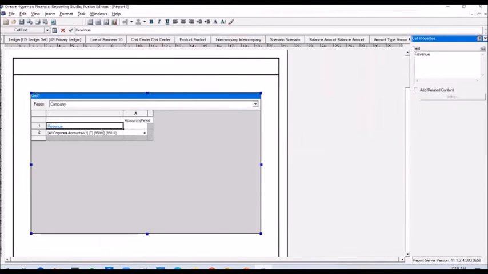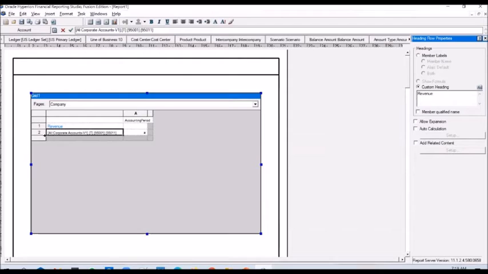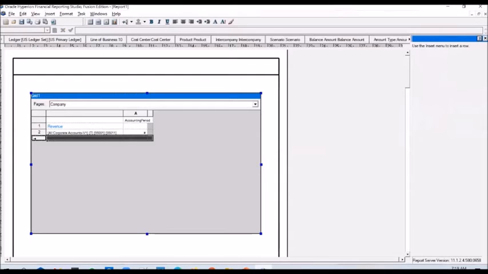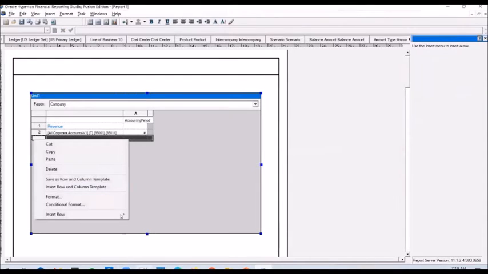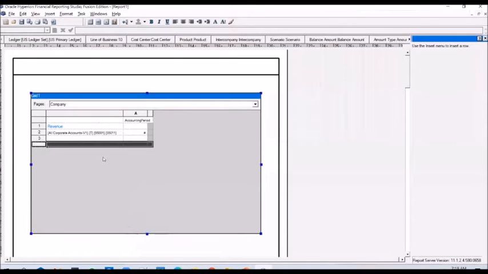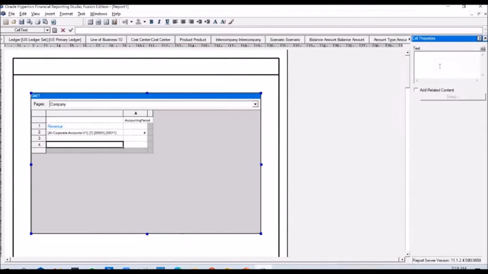So for a revenue section, yes, we are pulling the balance from only one account, that's okay. But for expenses, we're going to pull the balances from multiple accounts. Select the last row, do a right click and click on insert row, insert a text row and leave that as a blank row between the revenue and expenses sections. Insert one more text row, give a heading to this one.